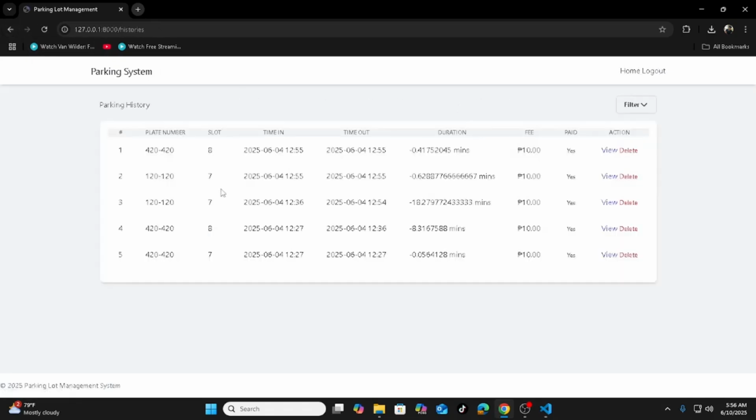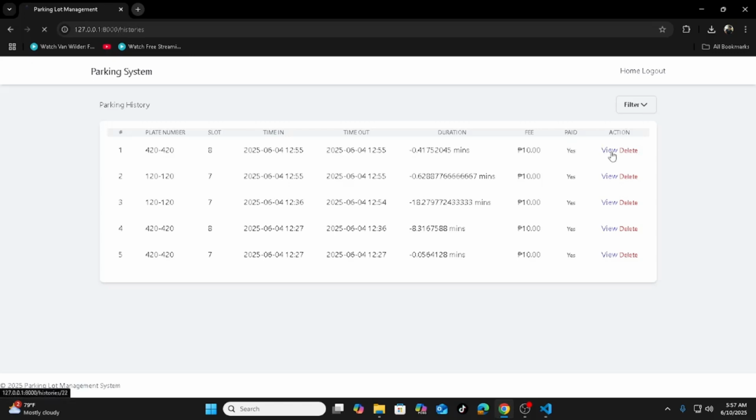Here in the parking history, you can see all of the vehicles that used the slots and all of the entries made. You can see here the plate number, the vehicles that have entered, what slot it took, what time it went out, the duration of the use of the slot, the payment, the fee paid, if it's paid, yes, and the actions.